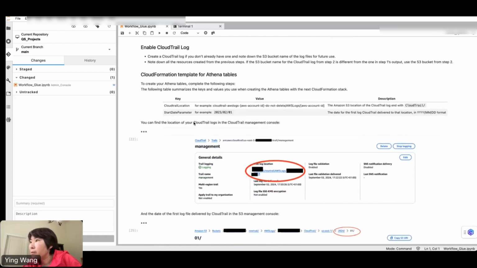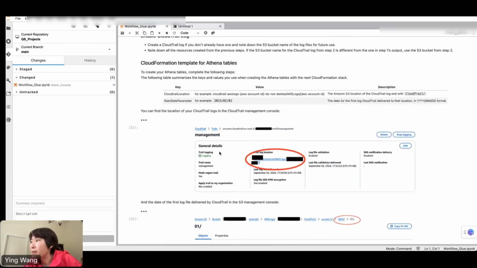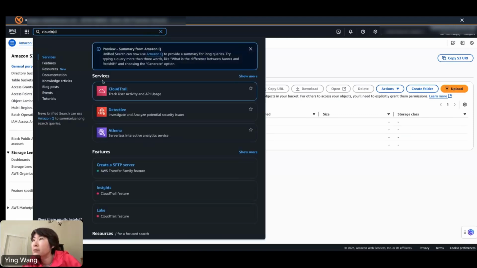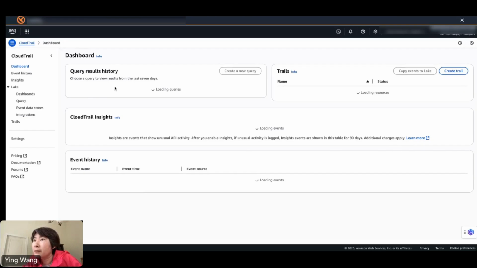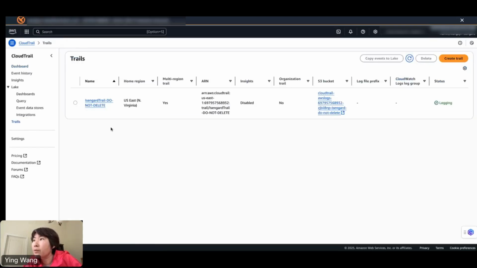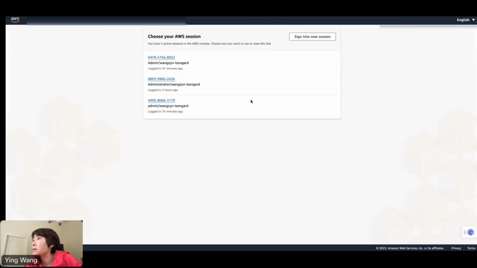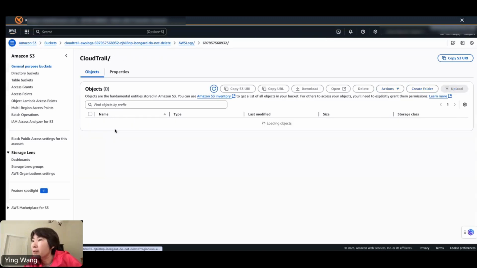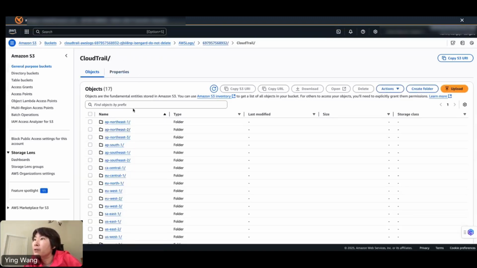And you need some further information about the CloudTrail log storage location. It is here. You go to CloudTrail and then go to Trails, and you will see here is the logging. It's valuable information here. And then let me go to here, and you can see, okay, you have all the CloudTrail logged